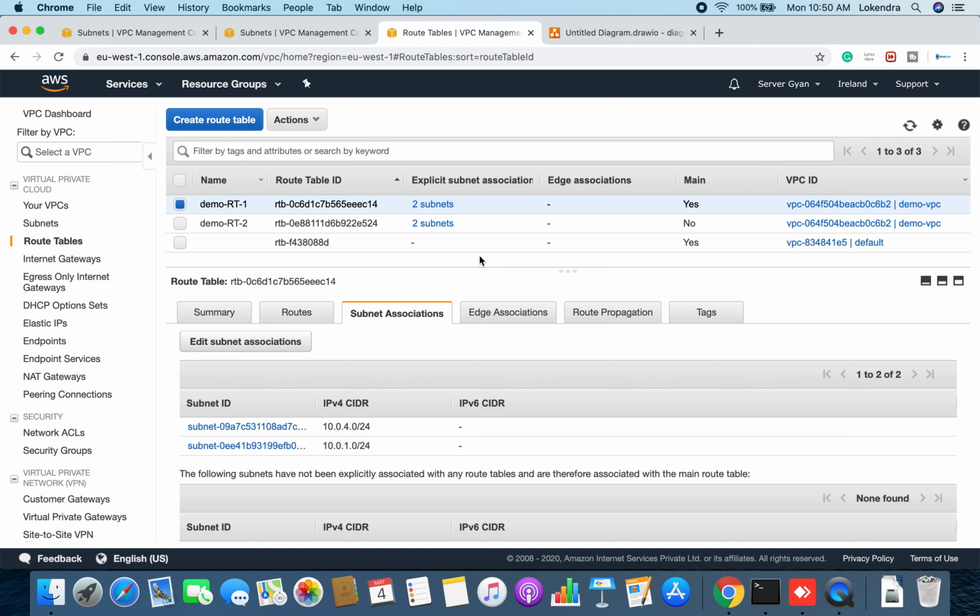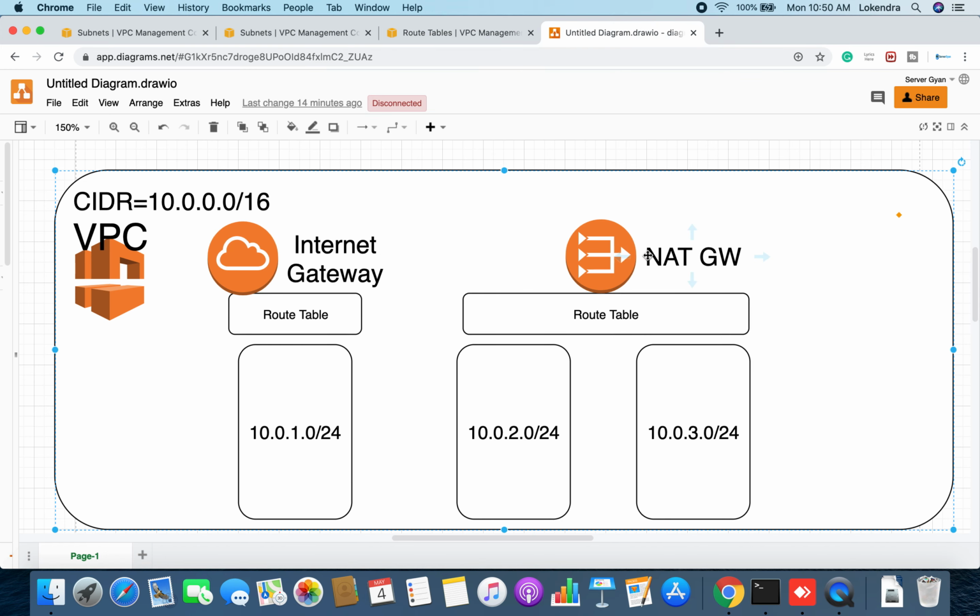So this is how we decide and identify which route table is associated with which subnet, and which subnet is private and which subnet is public. So mainly it depends on the NAT gateway or internet gateway which are associated with this route table, and how many subnets are associated with it. So this is the flow. First of all, check the subnet, what route table it is associated with, and what gateway it is connected to. Fine. So this is how you can easily identify and fix things.